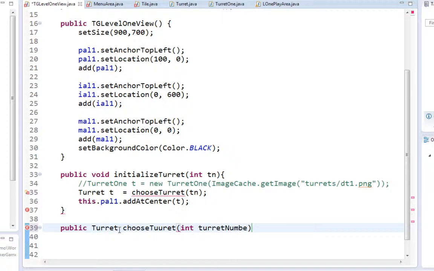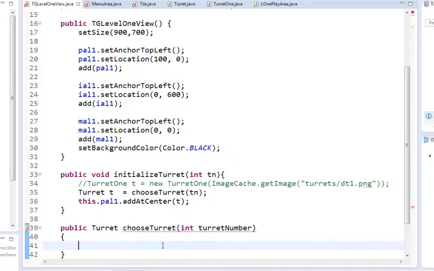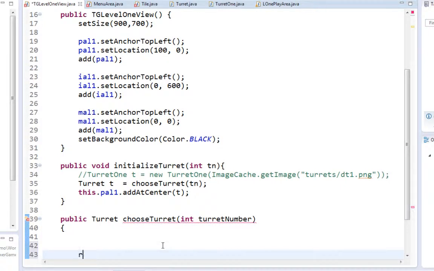Okay, so it knows what turret number it's receiving, and I misspelled turret, so let's change that to double R. Good. And now I'll come in and apply my curly braces. At this point, this is almost ready to go. Notice that I'm not returning a turret yet, so I have to say down here return, and let's say T is going to be my turret, so I will say